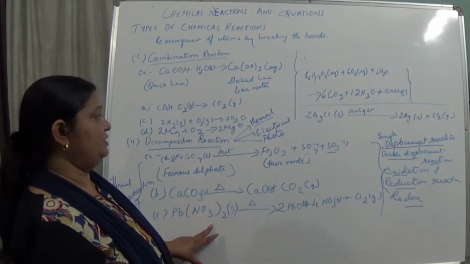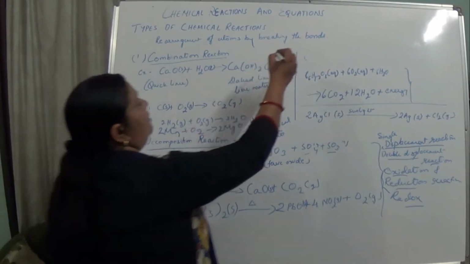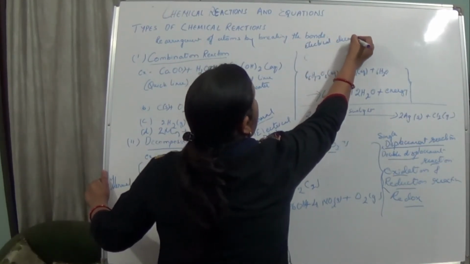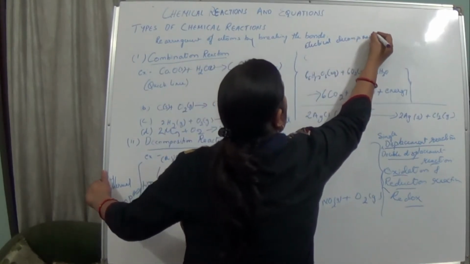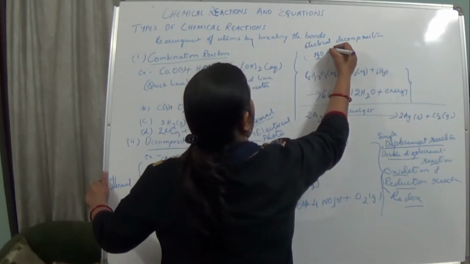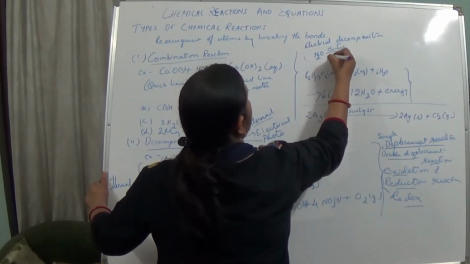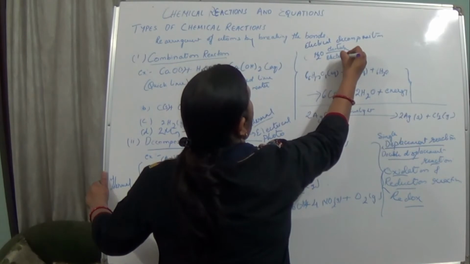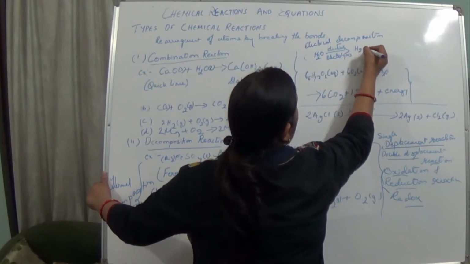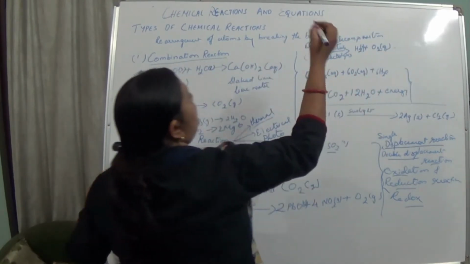Now electrical decomposition. What happens in this? Suppose you have water and you are passing electricity through it, or you can write the electrolysis process. It breaks down into H2 plus O2, in which the hydrogen is in the gaseous form and oxygen is also in the gaseous form.